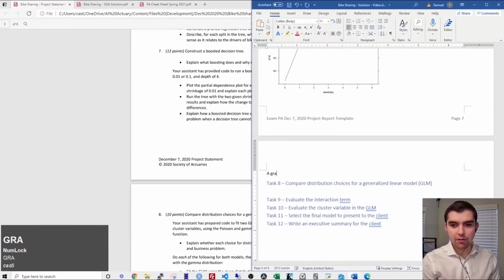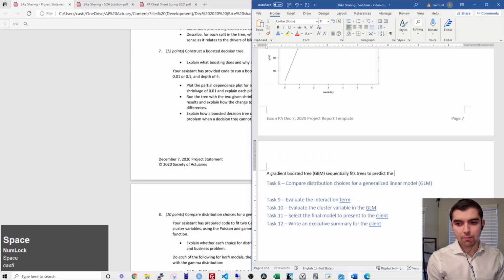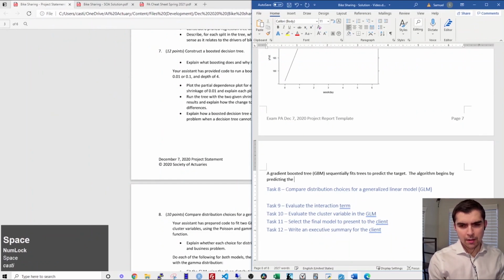So a GBM, gradient boosted tree, sequentially fits trees to predict the target. The algorithm begins by predicting the average of the response, the average of the target,